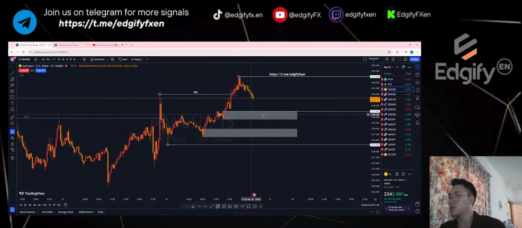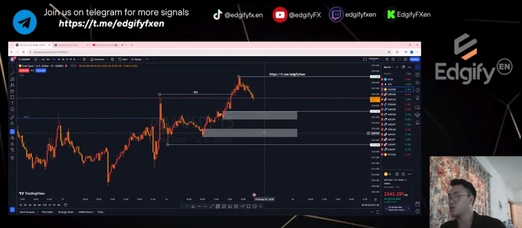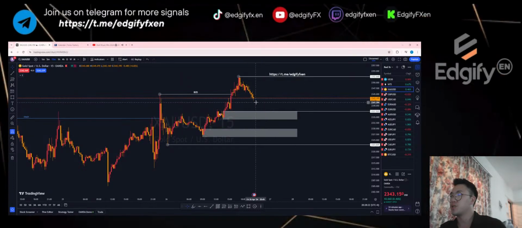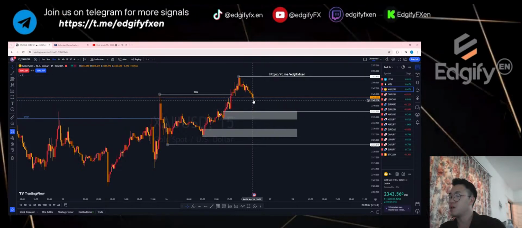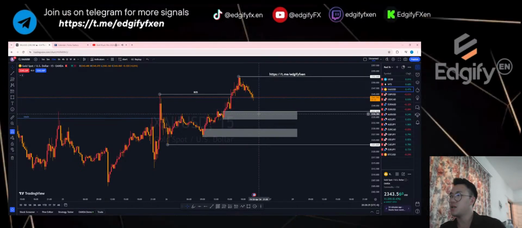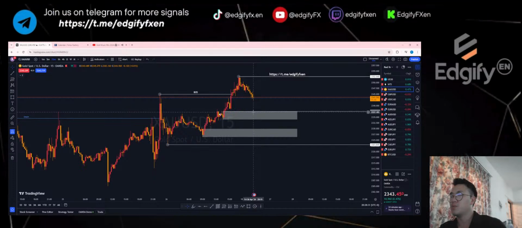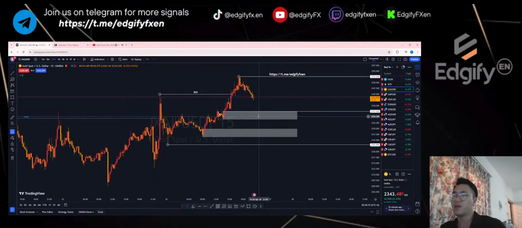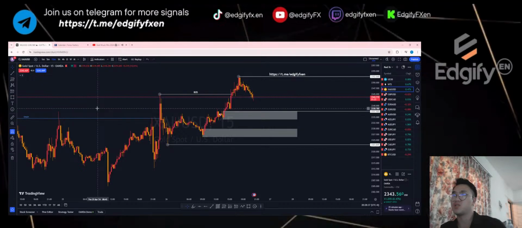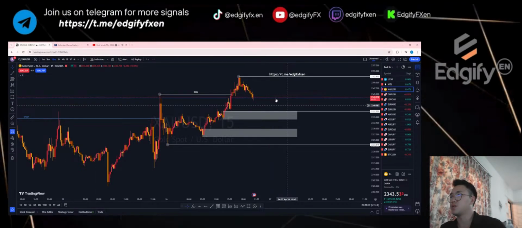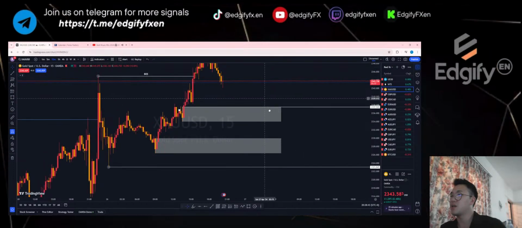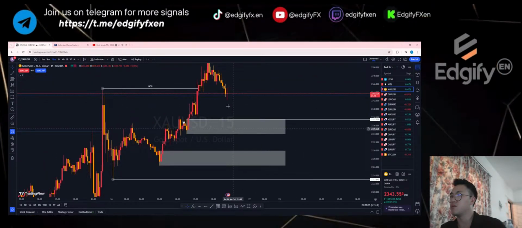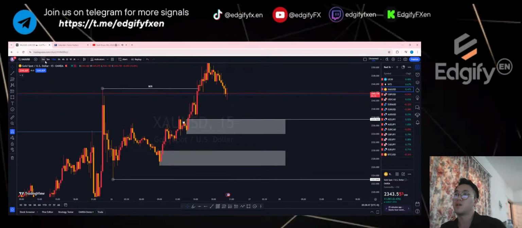I will be looking for a buy at about this range here, or this zone here, or this zone here. I'm pretty sure if the news is citing the US, this guy will dump. With this dump, if we're going to take a buy here, we will be looking at a very aggressive entry. So let's just be a little bit more cautious. Because if you look at 1 minute, when the dump happens, it's going to be a long bearish candle, right?